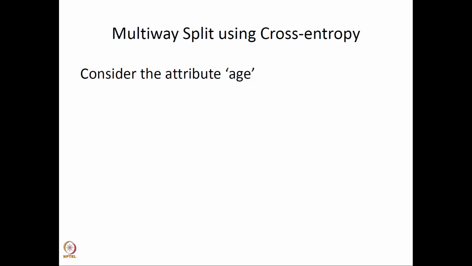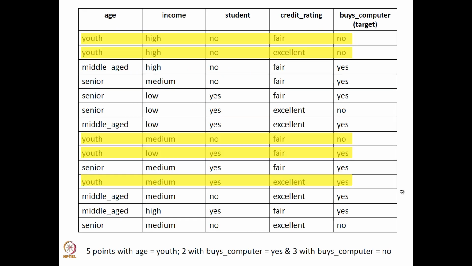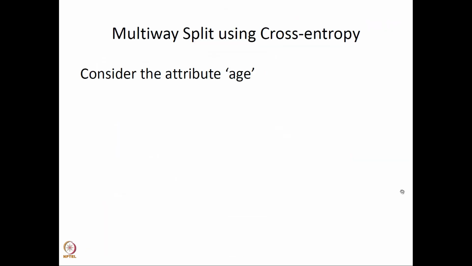The first thing that we have to do is to identify the root node. This is done by considering each attribute in turn, calculating the cross-entropy value for that attribute, and identifying the attribute which gives us the lowest value. Let us start by considering the attribute age. From the table, we observe that the attribute age can take on 3 distinct values, which are youth, middle-aged and senior. Going back to the formula for cross-entropy,